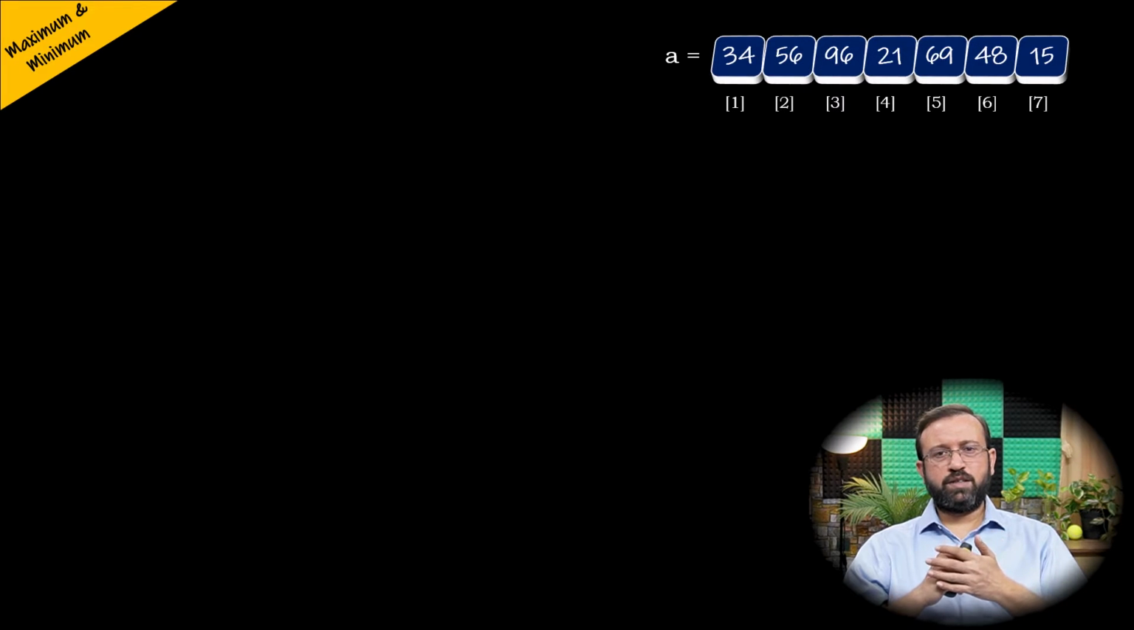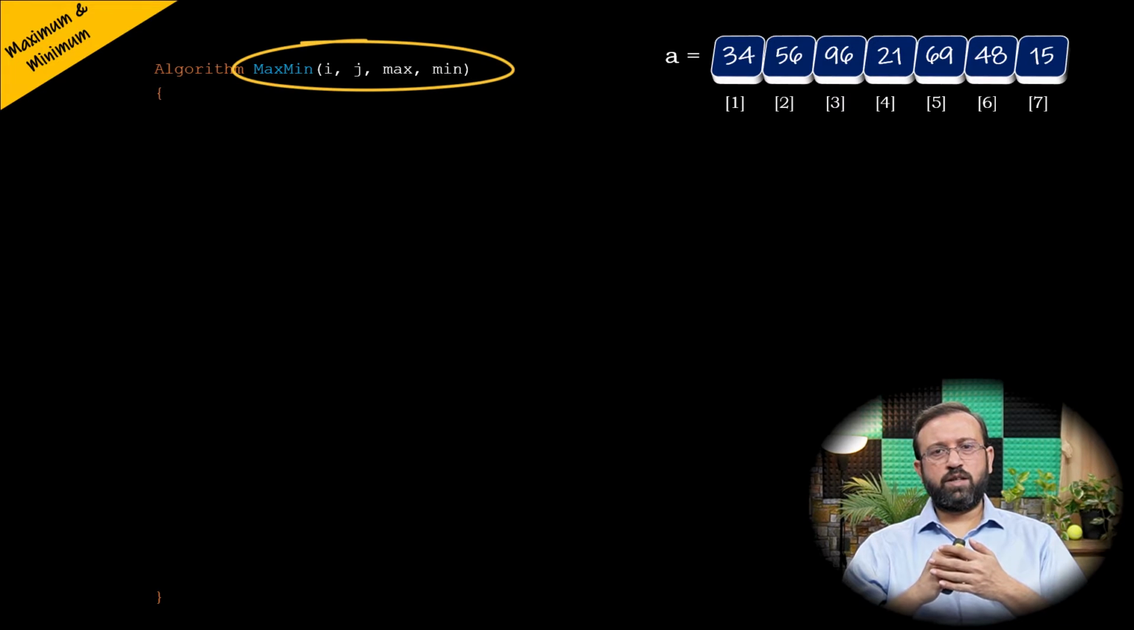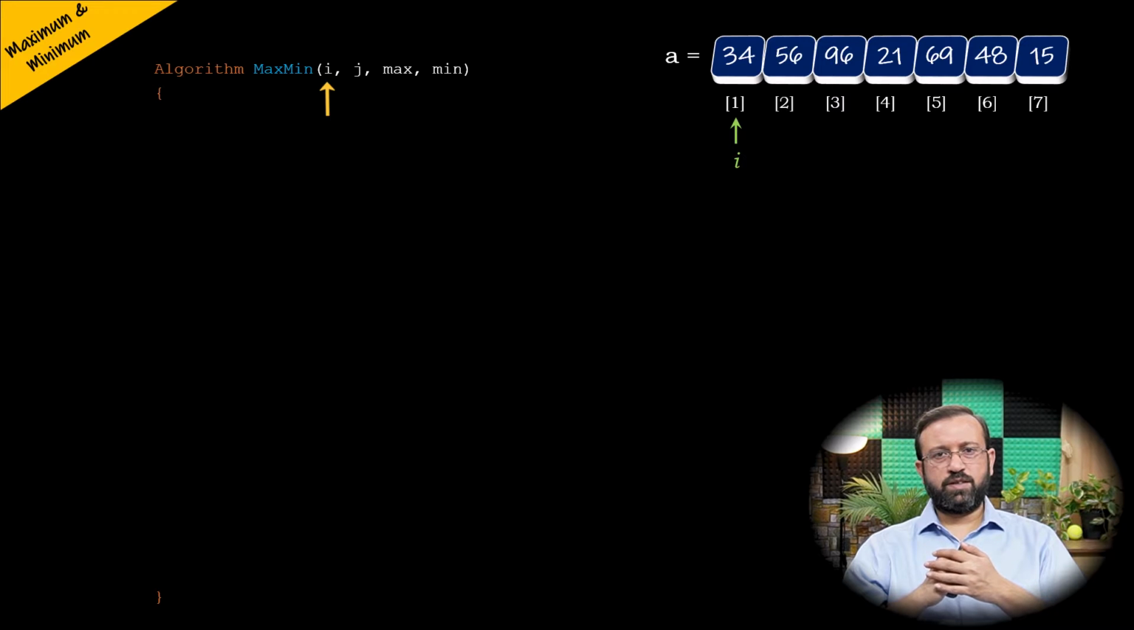Now let us look at an algorithm to find the maximum and minimum from a set of elements. Let us call this algorithm as MaxMin. This algorithm takes four parameters. The first parameter is i, that is the left index. The second parameter is j, that is the right index. The third parameter is max, which will store the maximum element, and the fourth parameter is min, which will be